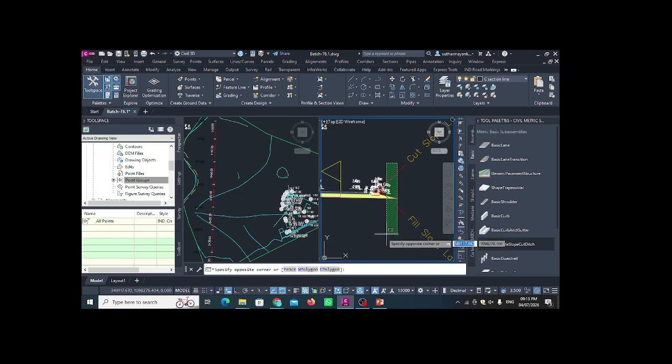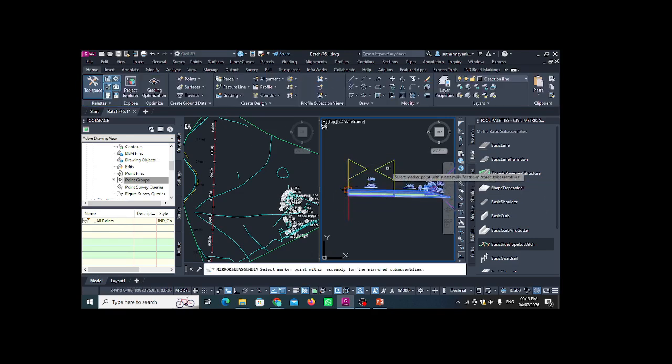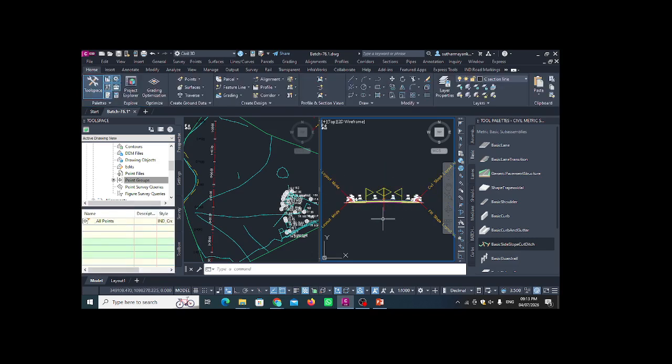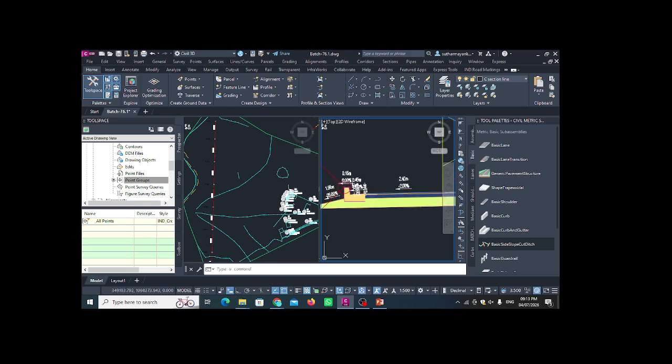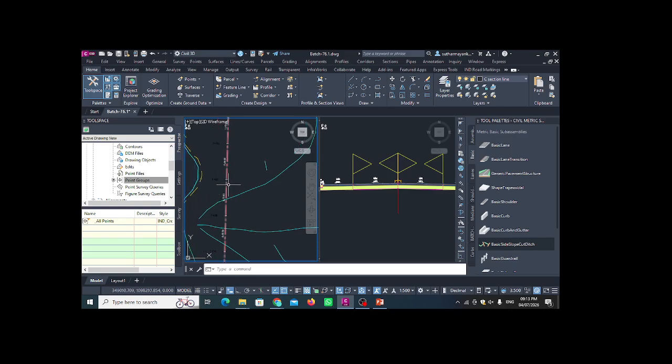If I want to select all this, I can mirror it. For that I have to select, click the mirror, and then select here. As you select, your assembly is generated. Now we can scale this so you can see properly. Once your assembly is created, then what you are going to do,